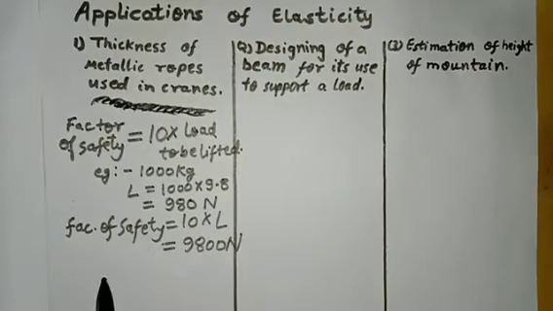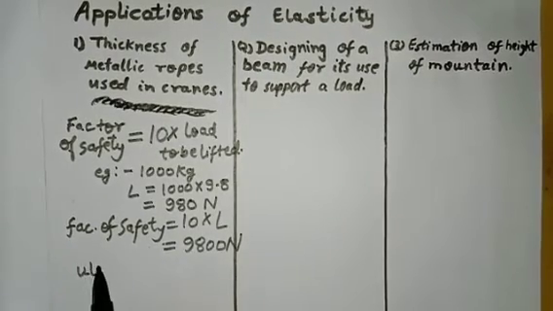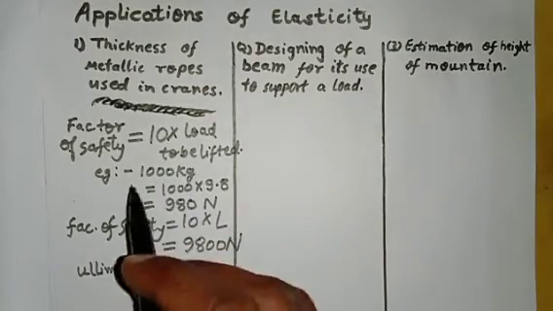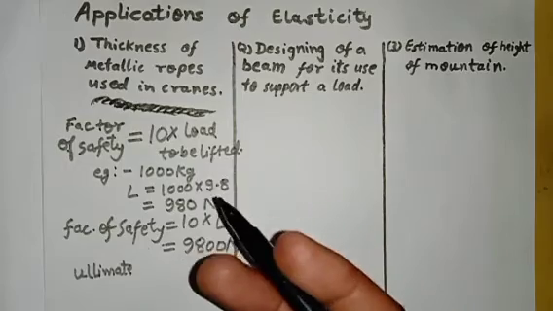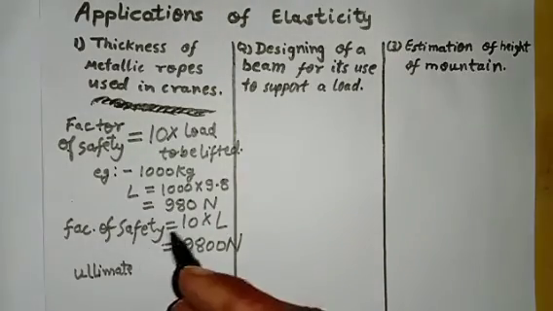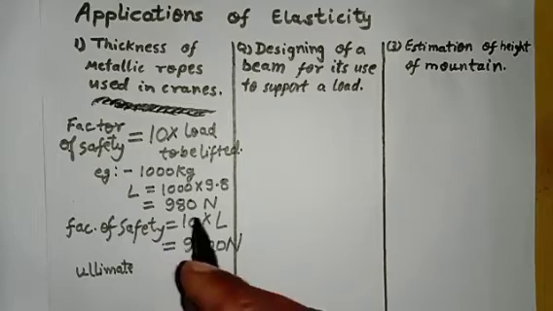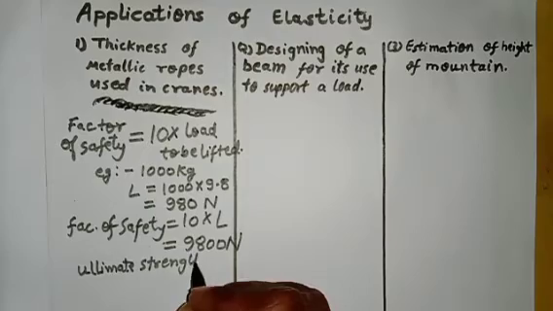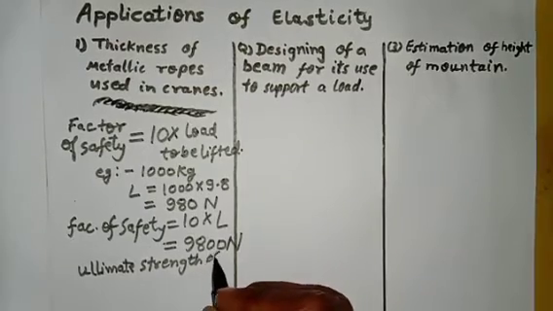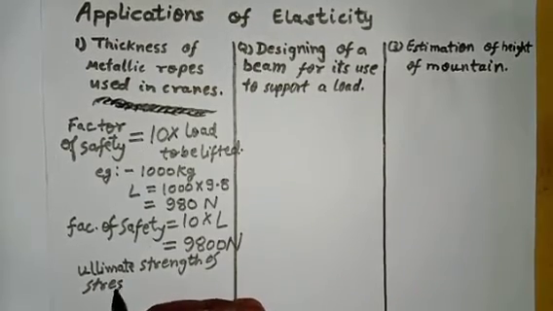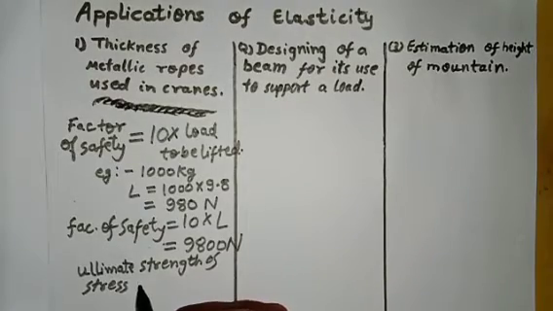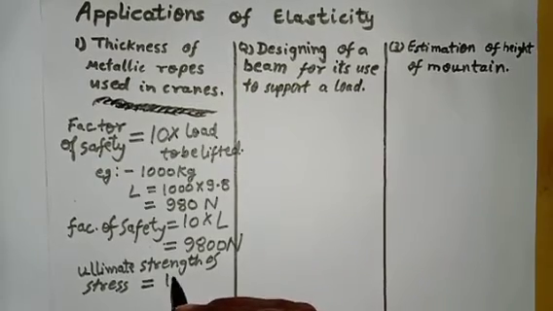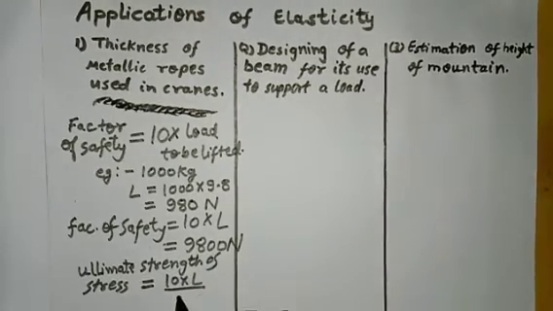So next thing, ultimate stress that it can bear. See, I am taking the case of an ordinary car, but anything can be asked in the exam, so you have to replace that load, and for factor of safety you have to multiply it with 10. Then ultimate stress is this factor of safety, 10 into L, upon area